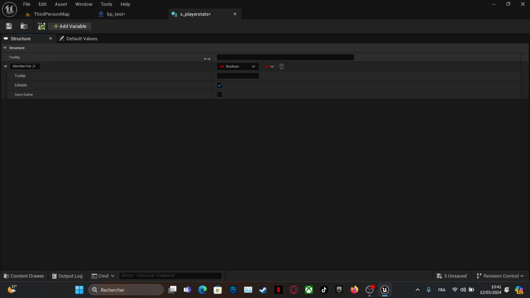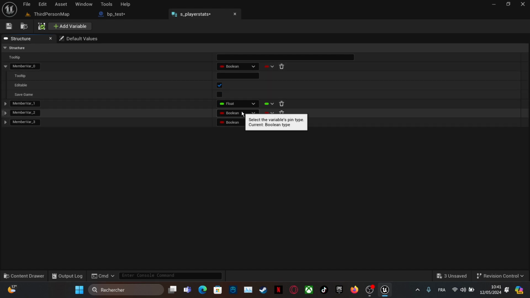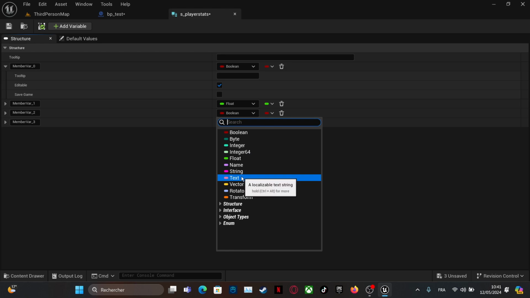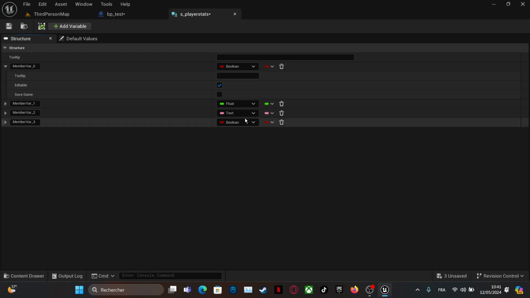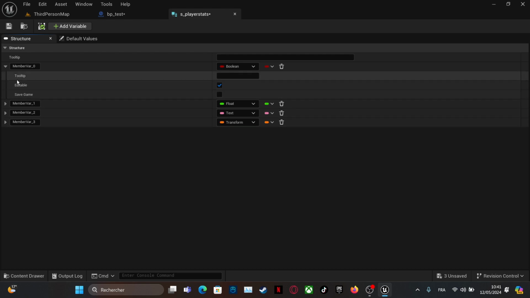So we can have a boolean here, and we can add more variables. Let's give it like four. Let's give it boolean, float, text, and we give it a transform. So we name this is my player alive.